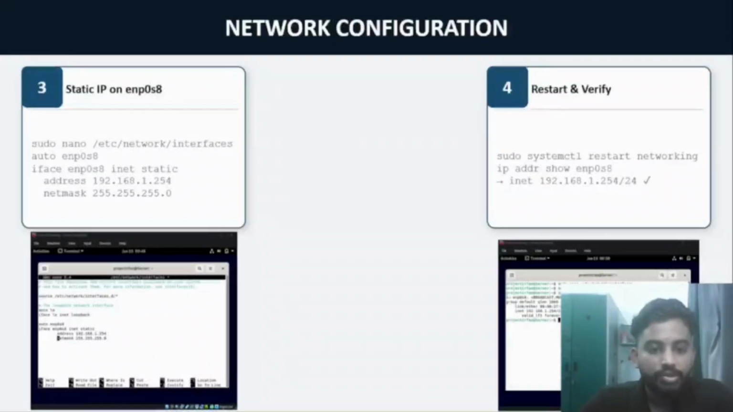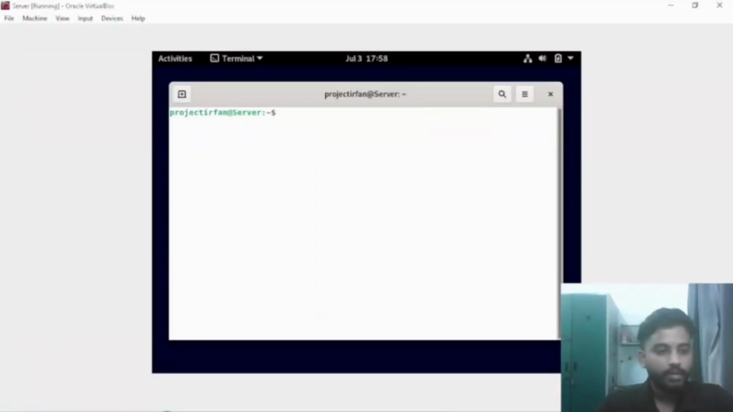If the output shows 192.168.1.254/24, it means the static IP has been configured successfully. This step is important because the server needs a fixed IP address so that client computers can always connect to services such as DHCP, SFTP, web server, and MariaDB. So let's look into some examples. So at first,